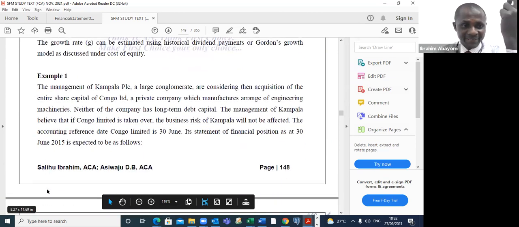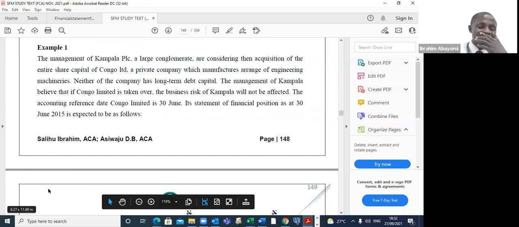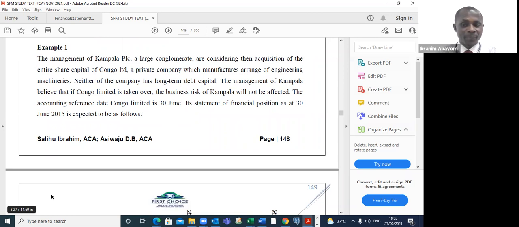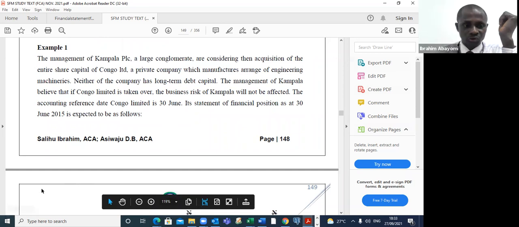When you do that, you get the market value of the company's share. Now we have other bases, but before we go to them, let's treat a question on what we have discussed so far. We have cash flow, but I'm going to treat that as a standalone topic, the free cash flow model. We're also going to discuss economic value added and market value added, before we go to merger and acquisition.